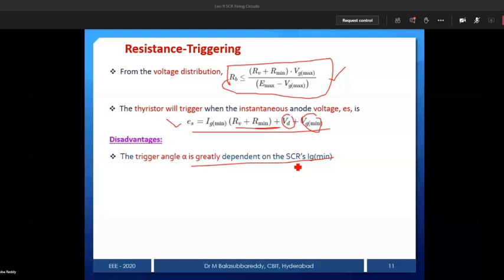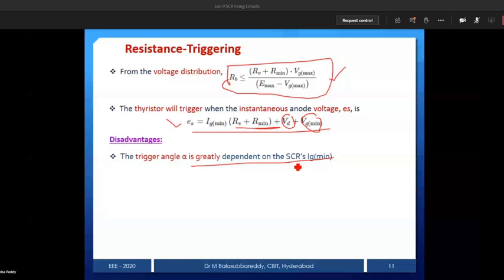But it should be provided in such a way that the drop is minimum. If the drop reaches beyond the breakover voltage, that is only for protection purposes. But if the drop across the resistance is more than VGT, unwanted triggering is going to take place. So that is the reason RB is kept less than that formula, because some voltage drops will take place because of the resistor.